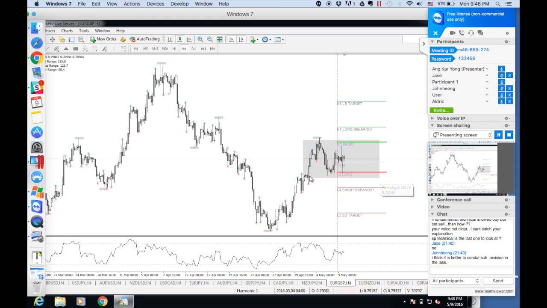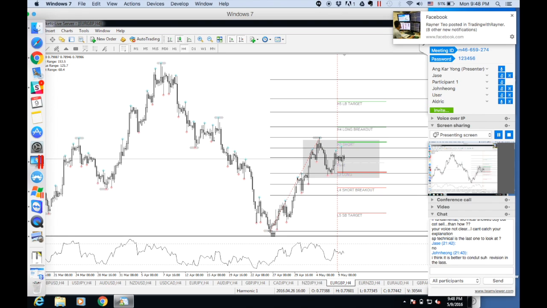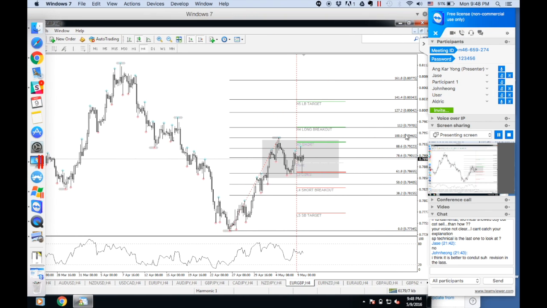Okay, so price starts to consolidate over here, and our bias for this particular currency pair is to go up. So we are only looking for price to break above this level. How we want to set our Fibonacci level is we pull from this all the way to where the low is. Our entry point will be at this 100% level, which is the previous high, and